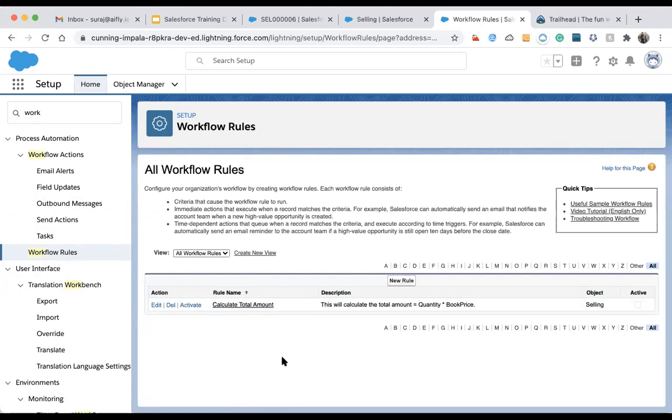So we don't have any control over which workflow rule fires first and which fires second. That is the main issue: we can't control the order of the workflow rules. And it is hard to manage them. For a single object we can design as many workflow rules as we want. Suppose I design 10 workflow rules.